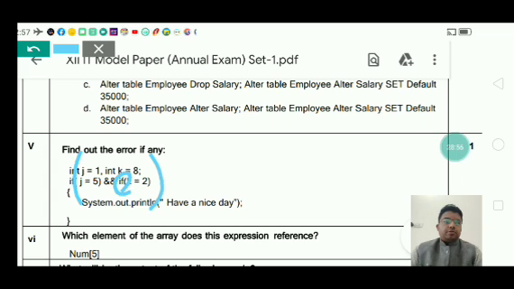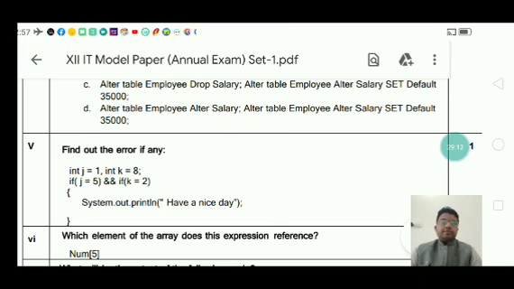Okay, but don't remove the symbol for logical and. Rest of the things are correct. Okay,